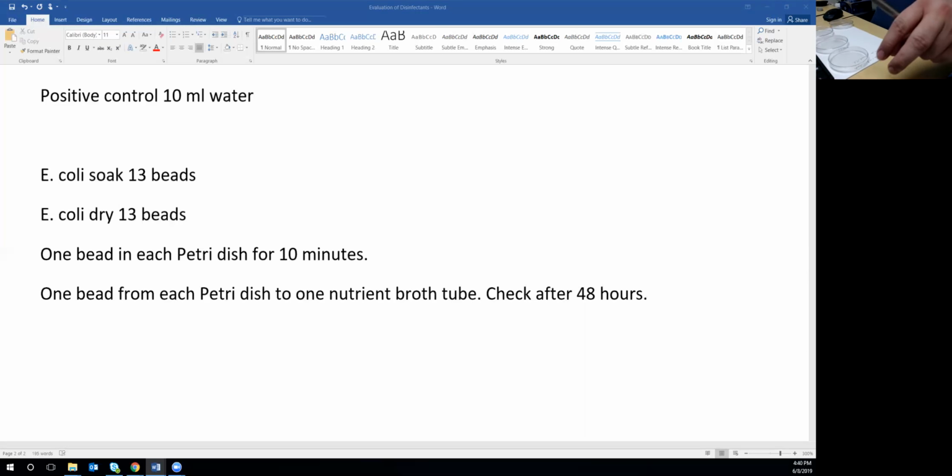What the isopropyl alcohol does is kill all the bacteria on my tweezers. So you're going to need your little Bunsen burner and 70% isopropyl alcohol. I put some in this Petri dish. I'm going to put my tweezers so they're well covered in the isopropyl alcohol,